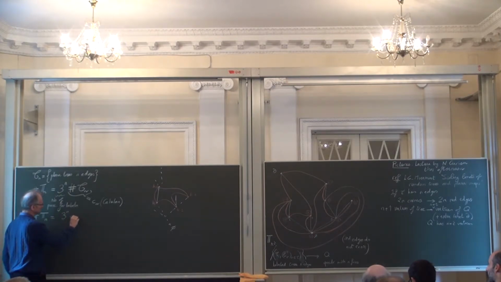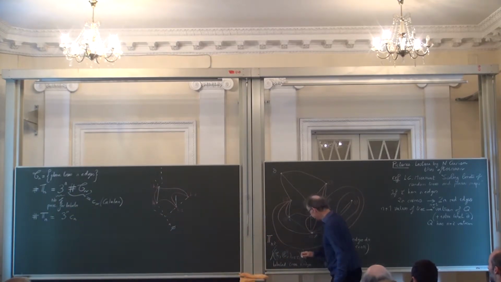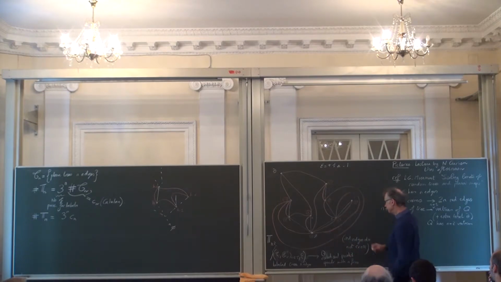And again, I forgot to say something. To get a bijection, oh, okay, I had already forgotten it yesterday. You need also to have a sign, a sign epsilon equal to +1 or -1. And then what you construct here, I should have been more precise, is in fact a rooted and pointed quadrangulation with n faces.